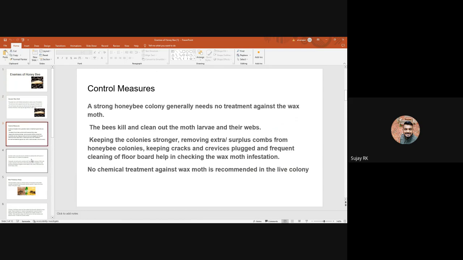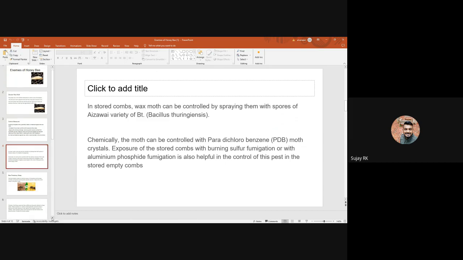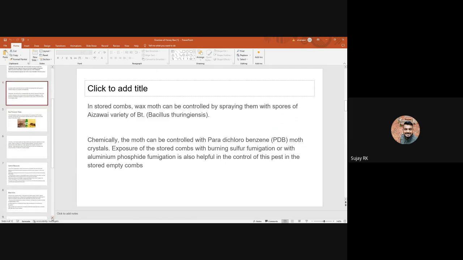नेक्स्ट, अगर कंट्रोल में नहीं आ रहा है तो हम ये केमिकल यूज कर सकते हैं, पैराडाइक्लोरोबेंजीन, जो मार्केट में मिलता है। इसको हम फ्यूमिगेशन करके स्प्रे कर सकते हैं, या नहीं तो एल्यूमिनियम फॉस्फाइड भी यूज कर सकते हैं। ये भी फ्यूमिगेशन करके स्प्रे किया तो इनके अंडे, लार्वा और अडल्ट स्टेज के इंसेक्ट को भी कंट्रोल कर सकते हैं। ये एक तरीका है। दूसरा, नेक्स्ट स्लाइड,